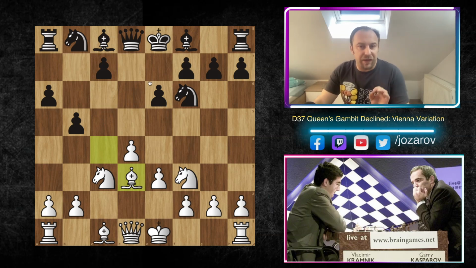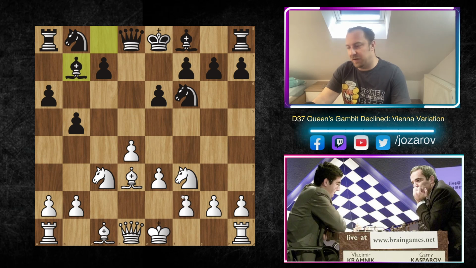In my opinion, a slightly better way to proceed here from black's perspective is to play bishop to b7 immediately. This move is very important because it controls now the square e4. You see again after a couple of moves why it is so important to control the e4 square, because still we can always play, let's flip the board, for instance, if